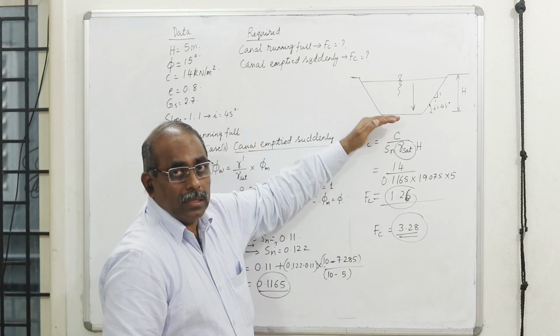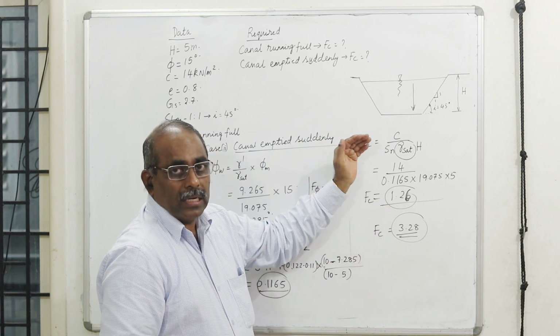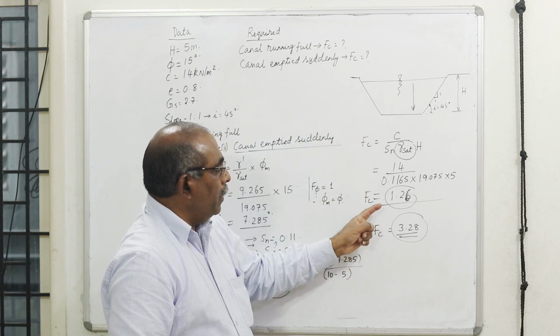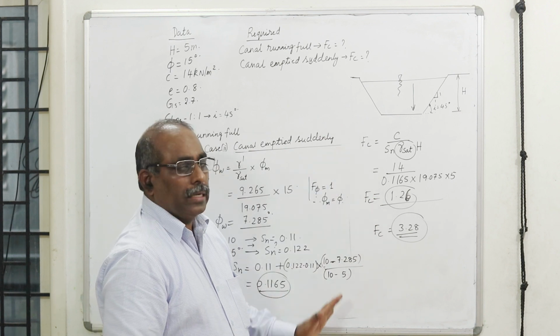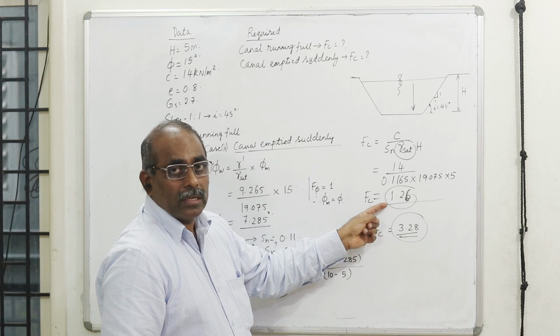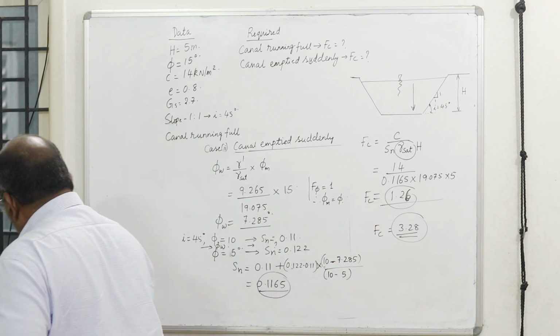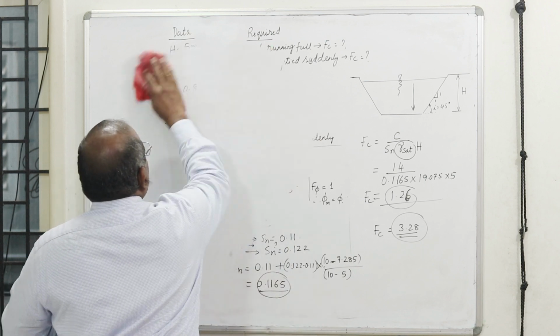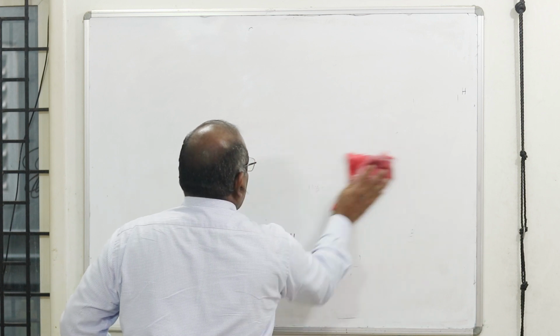Whenever there is a sudden drawdown, it may be an embankment, it may be a canal. Therefore you always have to check, not only when it is running full, but when there is a sudden drawdown. If the drawdown is not taking place slowly, and suddenly the emptying takes place in a dam or in a canal, I need to check what is going to happen to my factor of safety. This is a very important thing. Now we go to another variety of problem that probably completes this chapter, before I summarize.